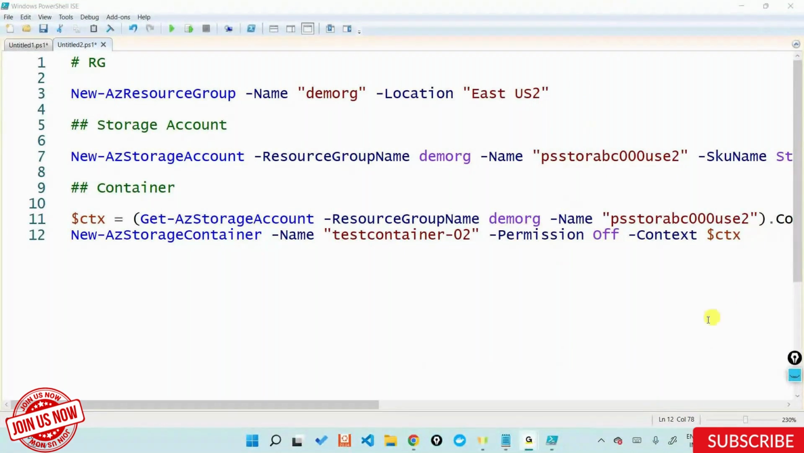Can we create a SAS token key through PowerShell? Definitely yes. You can do a New-